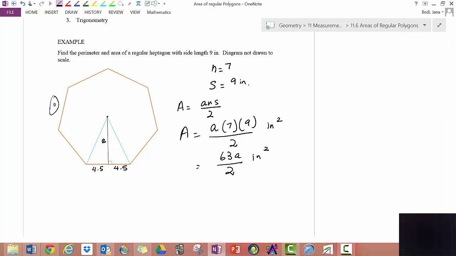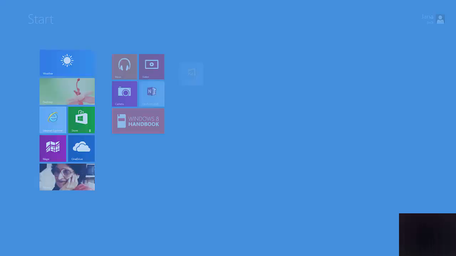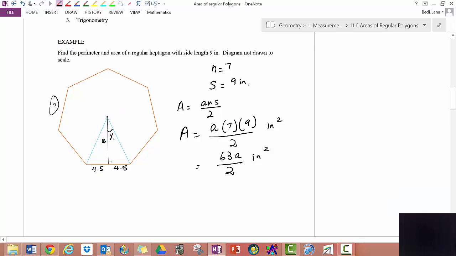So how do I find a? Well, this is not a special triangle, so what I need to do is, first thing is find the central angle, and then I need to find this half of the central angle, which is x degrees. So the central angle is going to be 360 degrees divided by the number of sides, which is 7. And x is 360 divided by 7, and we want half of that. So half is, you can divide by 2 or multiply by 1/2. And you get x degrees is equal to,